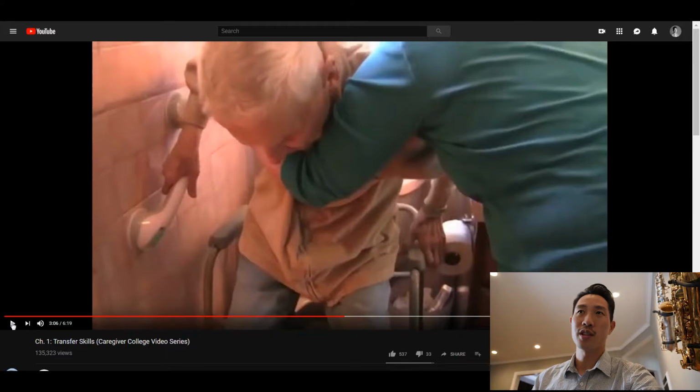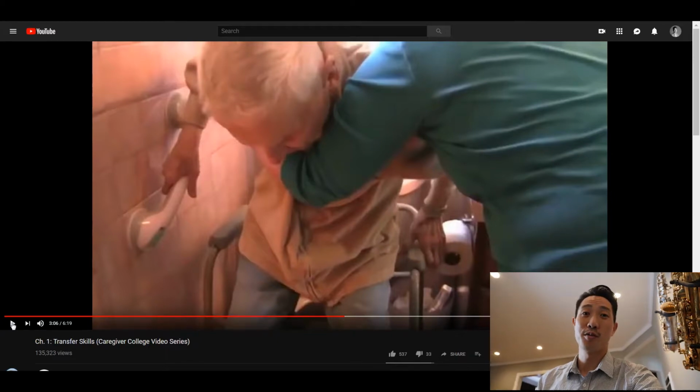Grab bars that are suction cup like that can also come off the wall very easily depending on how they were applied, how long they've been stuck there. If they're just a little misaligned where, say, that suction cup overlaps the grout line a little bit because that wall is uneven, that'll cause the bar to slip, which will probably result in somebody falling or at least being unpleasantly surprised. And you too. If this person were to fall,